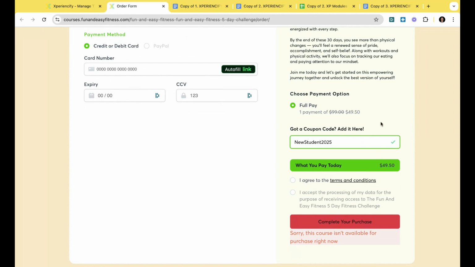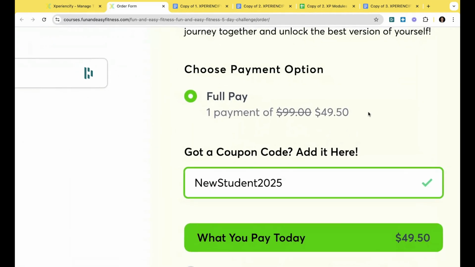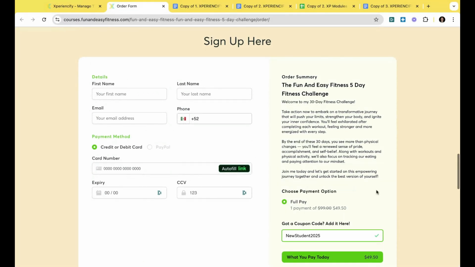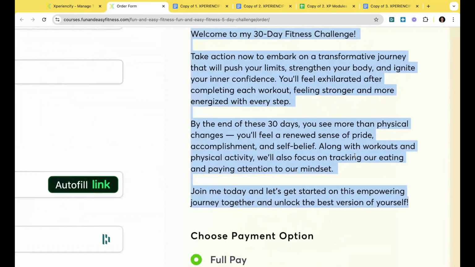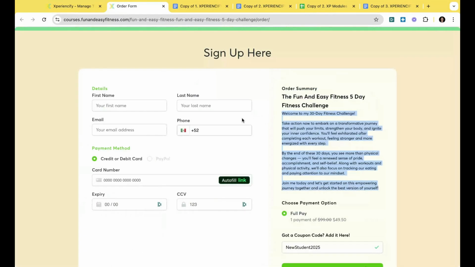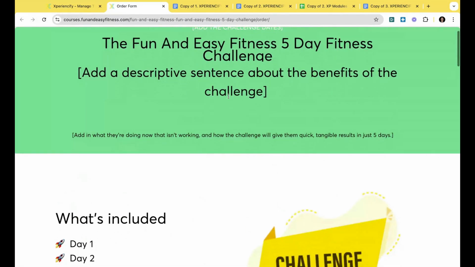And as soon as they put the correct coupon code in there, it reduces the price by 50%. And then we can talk terms and conditions and stuff. But then you'll see that, remember, in the basic course information, we've already inserted the information about the challenge that you already put in your course. So this is the order page, and this is what it looks like without doing anything at all.